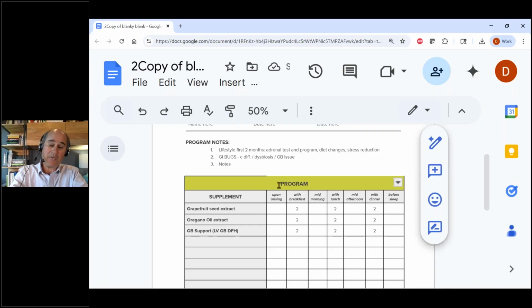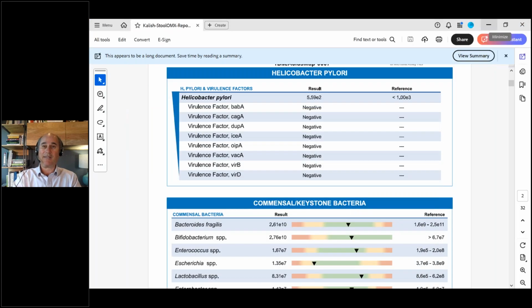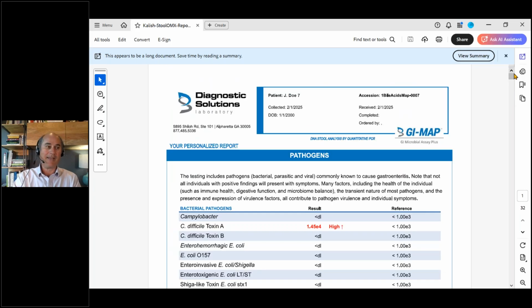And how long do you do this for? You know, usually 2 months. Anti-dysbiosis program. Generally, you don't use antibiotics for dysbiosis because that would make the problem worse. But before you start with that dysbiosis program, you would engage in the lifestyle changes first. That's an important thing. All right, and I'm glad we worked through my emotional issues with the 5 R's because now I realize why the last R has to happen first, or you're not going to be as successful as you could be otherwise.